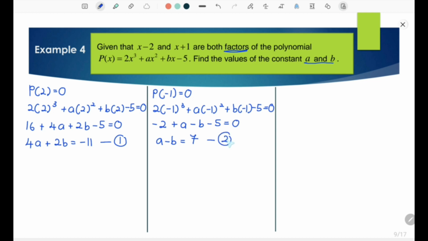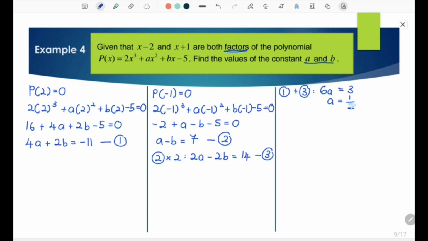Next, I will take equation 2 multiplied by 2. So we're going to have 2a minus 2b equal to 14 as the third equation. Next, I will try to find the value of a by taking equation 1 plus equation 3. So we have 4a plus 2a equal to 6a, 2b plus -2b, which is 2b minus 2b equal to 0, and we have -11 plus 14 equal to 3. So a equal to